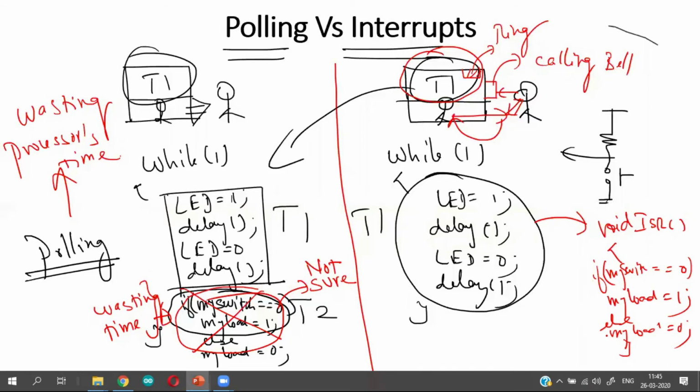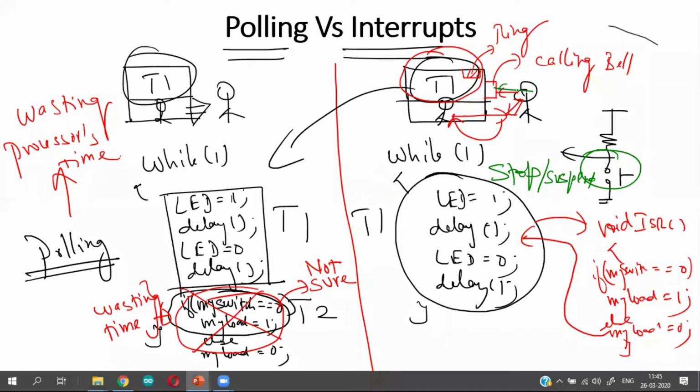After executing the interrupt service routine, I go back and execute my main program again. Now in this case, what is the difference? I suspend my main task only when there is an event.